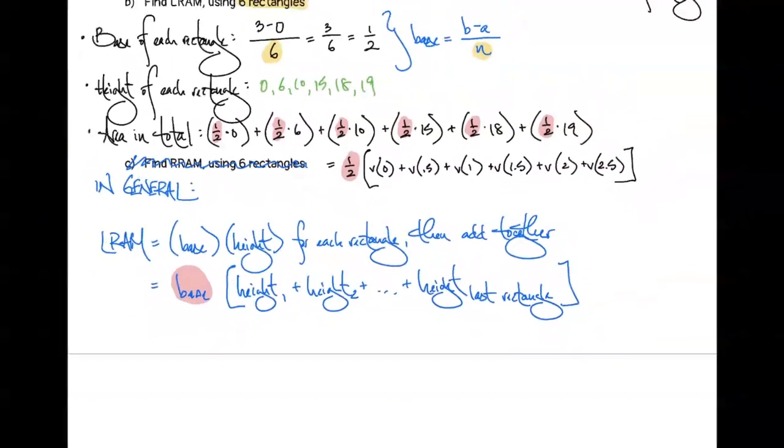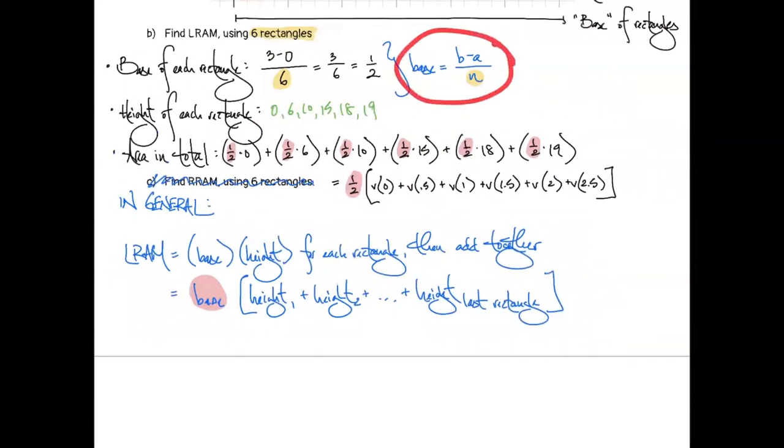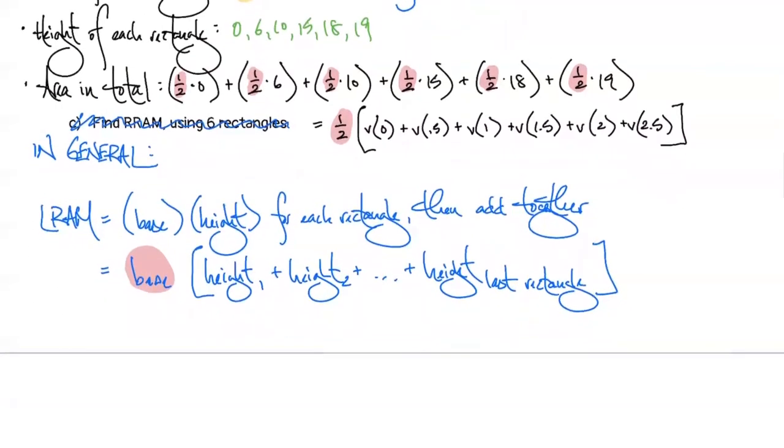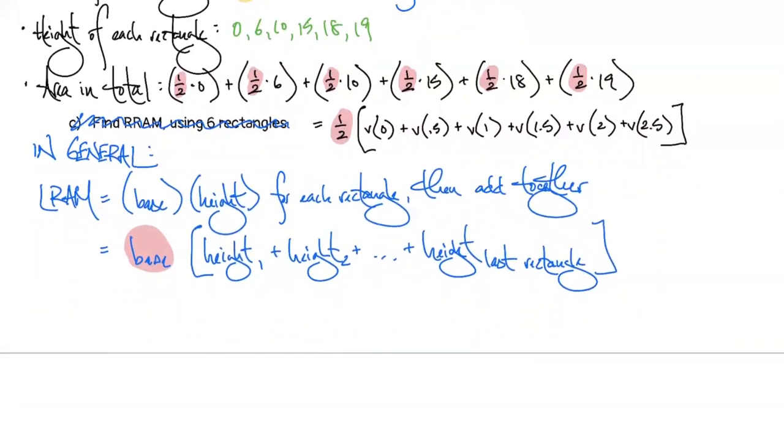And we're going to go ahead and use this piece here as well. So instead of saying base, we're going to do b minus a over n. And that will be a formula that you can use every single time we have any sort of approximation. Okay. So instead of base, I'm going to write b minus a over n. And instead of height, I'm going to use function notation. We're going to say f, because we don't always know that it's velocity, but whatever our function is, we're going to plug in the